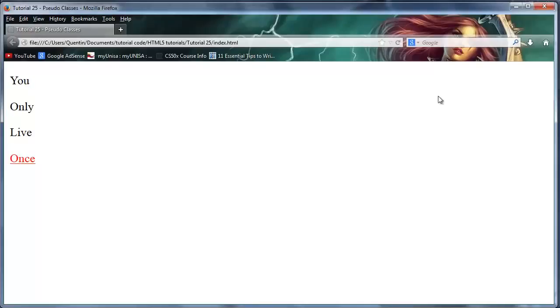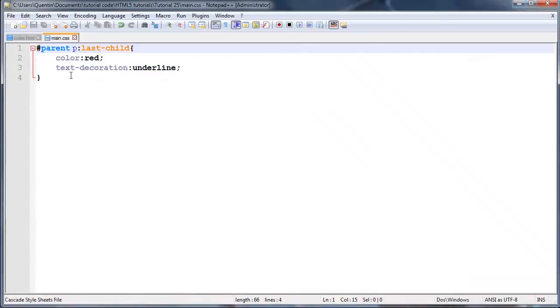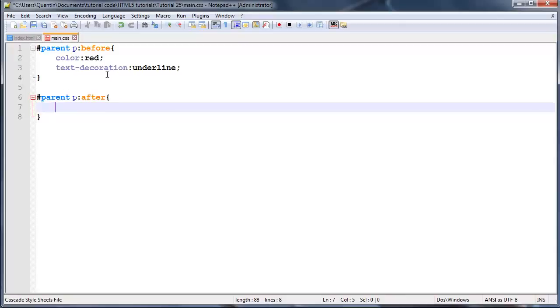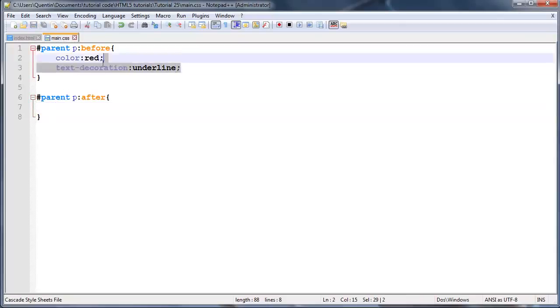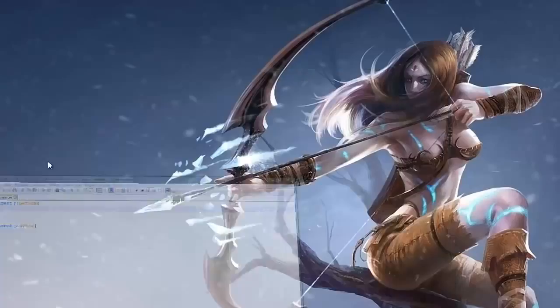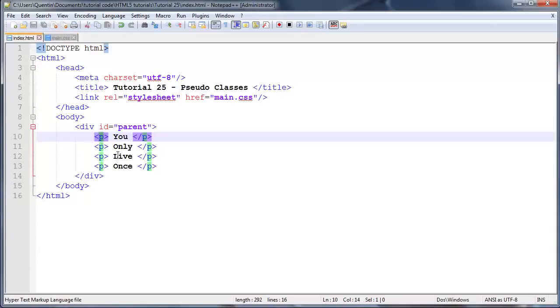And now let's take a look at 2 different pseudo classes, and that is the before and after. So before, and I'm going to select the same thing, so parent p after, and we'll do something here as well. Now this by itself isn't actually going to grab any of these paragraphs, so let me go back here. Okay,